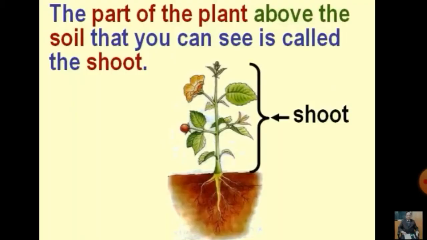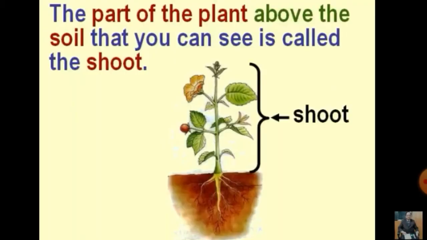Next we are coming to parts of plant. Plants have many parts. These parts perform different functions. Let us learn more about the different parts of a plant. A plant has two main parts. The root grows under the ground. The part that grows above the ground is called the shoot. The stem, branches, leaves, buds, flowers and fruits are all parts of the shoot.